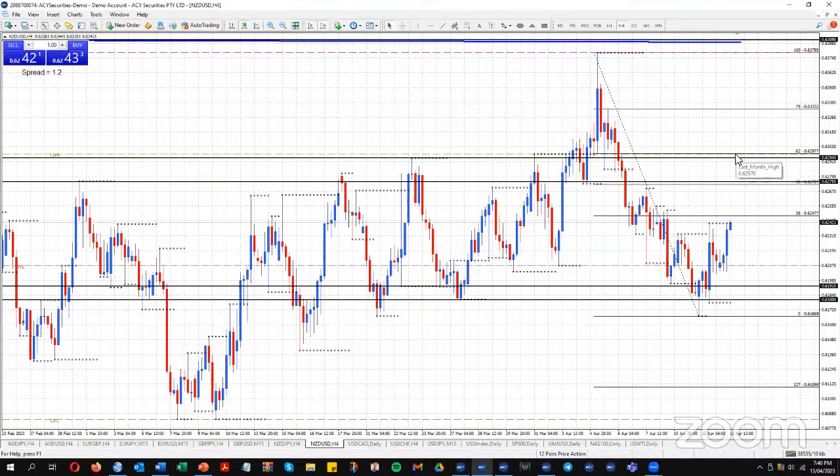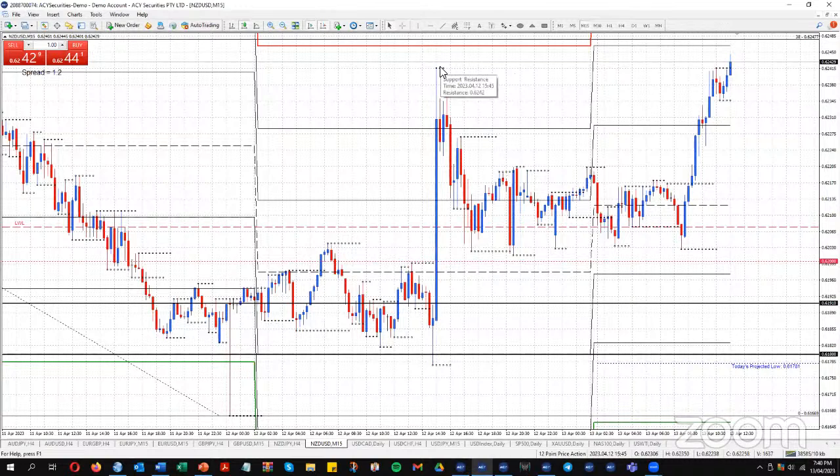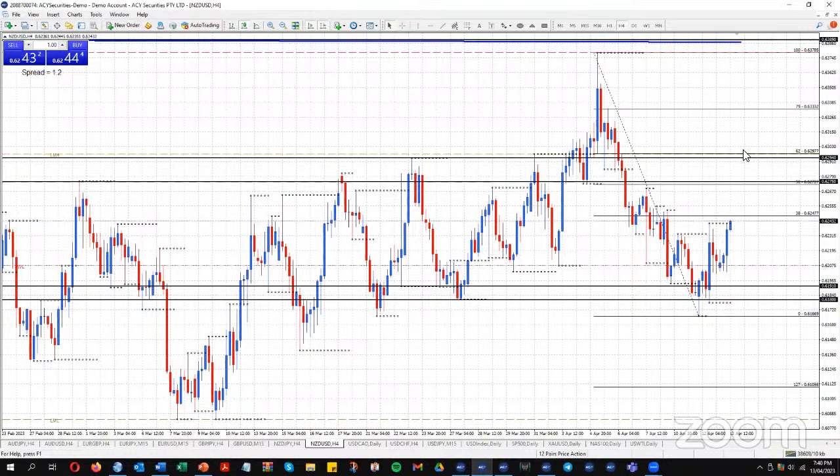You can see the 62 level overlaps nicely with the daily resistance at 62.94. So kind of the 63 area up there, 62.94 to 62.97. We've got a long way to go for this pair. That's 50 to 60 pips away. And at the moment, it's struggling just to keep above yesterday's news high. So I'll just be monitoring those higher levels. Can price come up to 62.94 to 62.97, pretty much the 63 level.